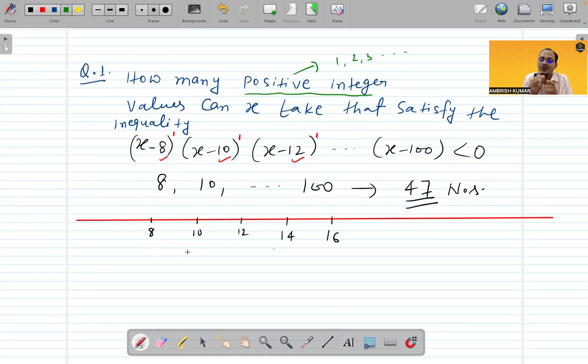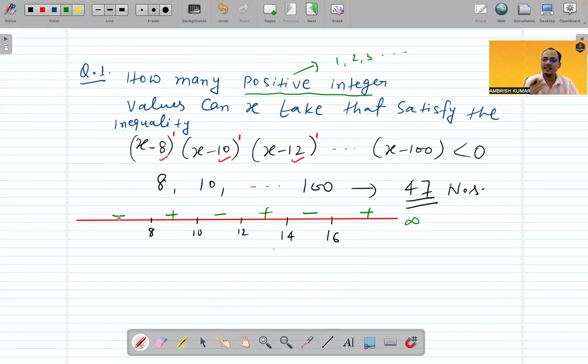With the help of odd numbers means the number of numbers like 8, 10, 12, 14, 16. How many numbers we have taken here? 5 numbers we have taken here. So we are going to explain this with the help of 5 numbers. Similarly, you can get it for 47 such numbers. So see what happens. Here we have infinite, positive sign, negative sign, positive sign, negative sign, positive sign, and here negative sign. Now see here,